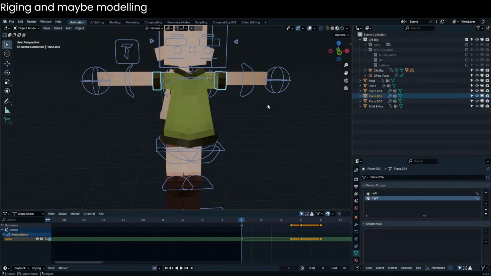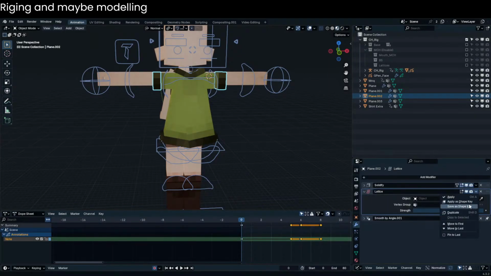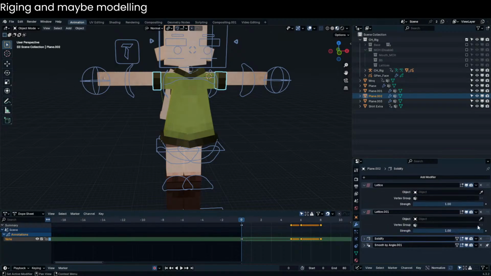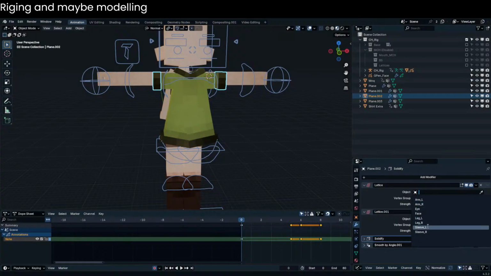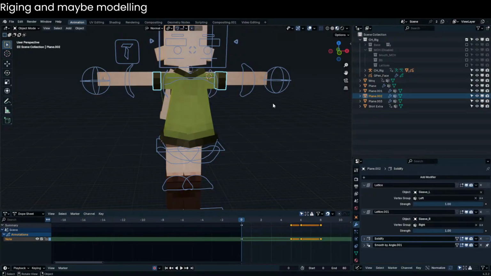Done. Now we're going to go in here, give it a lattice modifier, and give it another lattice modifier because there's 2. Move the solidify on the bottom because you always want your deformations first. And then we choose sleeve left for this, sleeve right for this, vertex group left, vertex group right. It should be hanging there, but